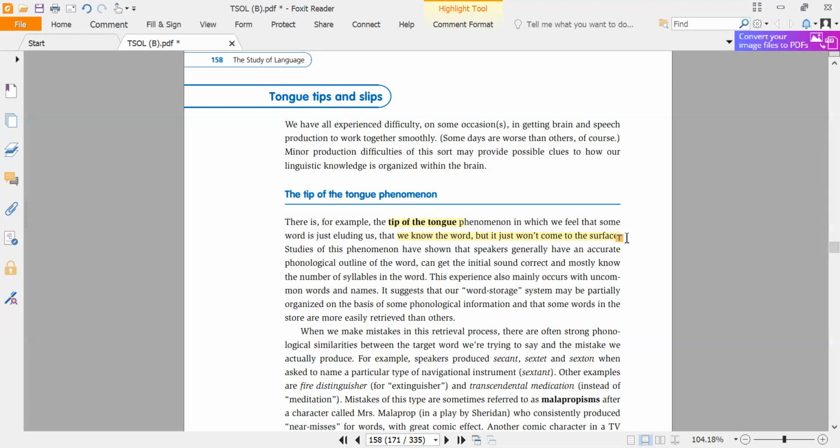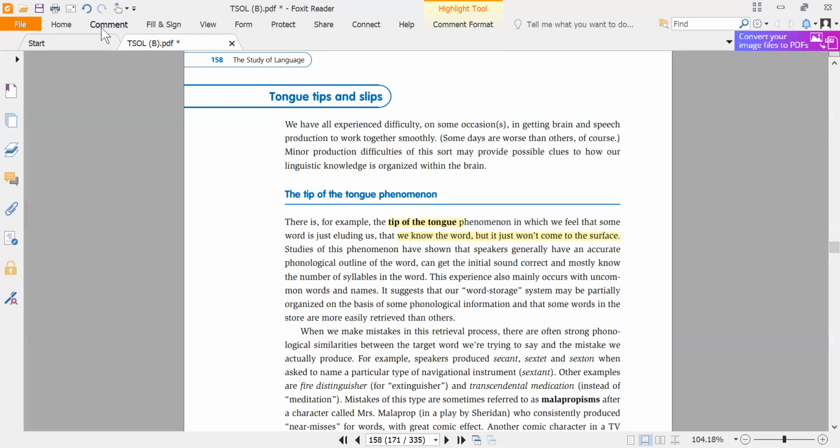Did you get it? That type of situation, when the name of a person or a particular word, a particular number, any kind of word is in our mind, we feel that we know it, but at times we are unable to bring it to the surface. So we say it's on the tip of our tongue. ये मेरे mind में है, but यार जुबान पे अभी आ नहीं रहा इस वक्त, right? So that kind of situation is called tip of the tongue.